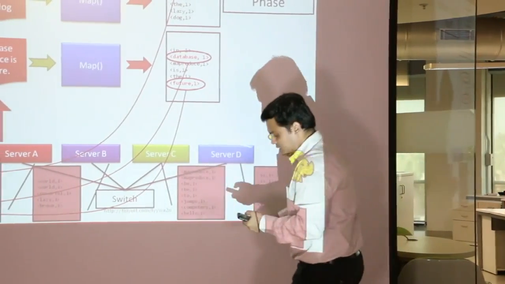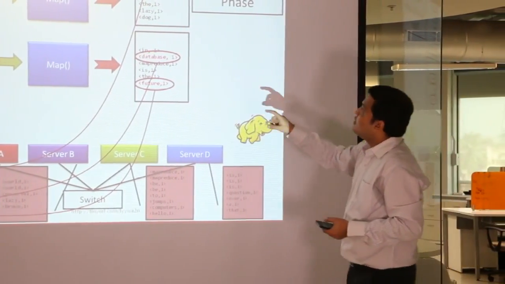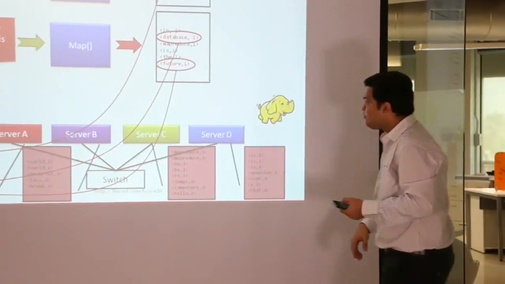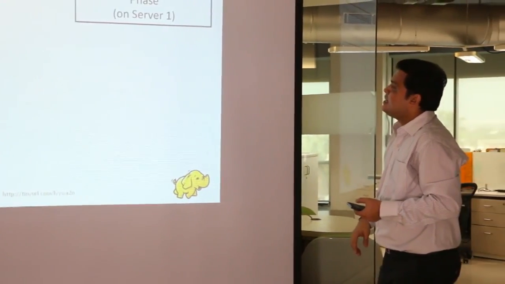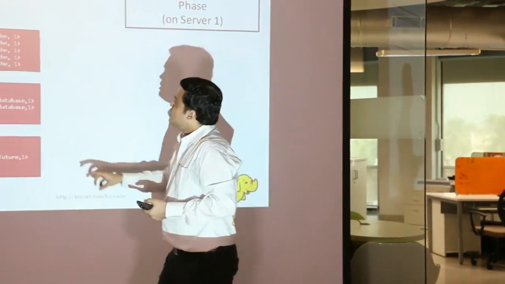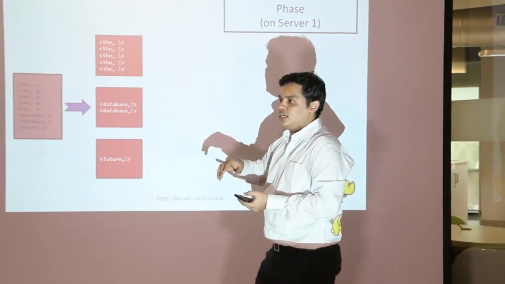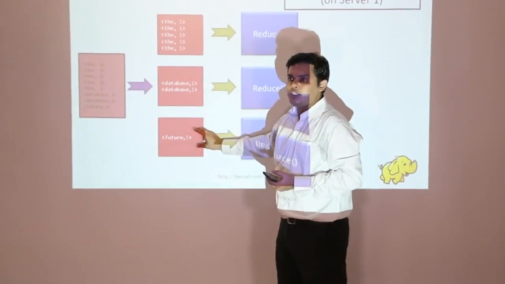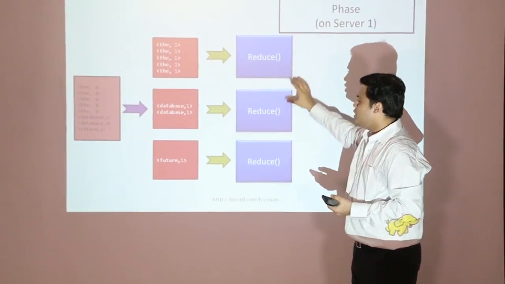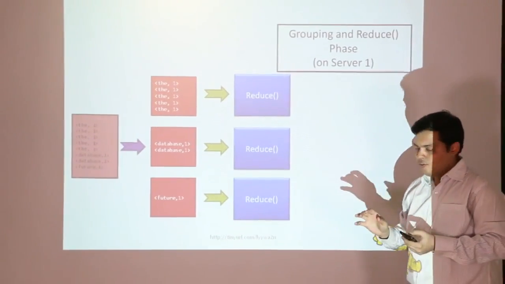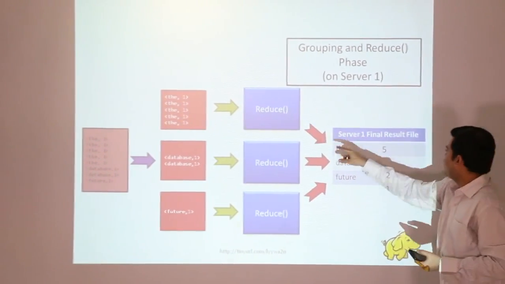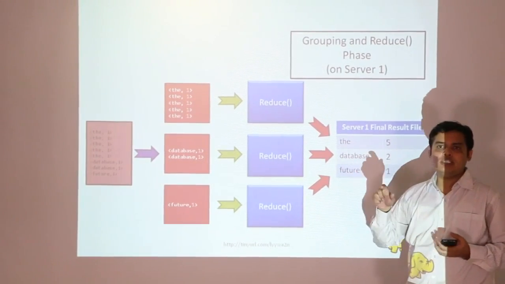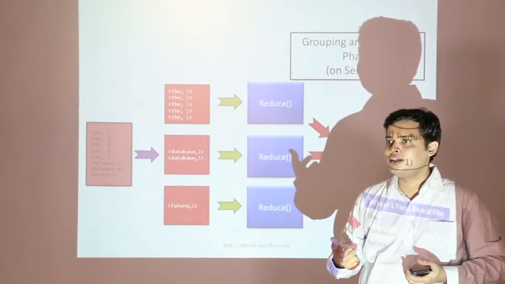Similarly, the other outputs are this way. You get a key-value pair. So this is what a mapping is, and these are the map blocks, I would say. Then these are distributed: the becomes one block, database becomes one block, feature becomes one block, and it's given to a reduce function, a reduce component. It will tell me that the comes 5 times, database comes 2 times, feature comes 1 time. So this approach becomes much faster because everyone is actually doing a calculation.